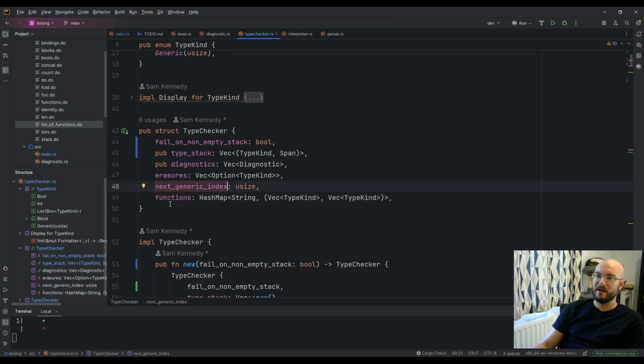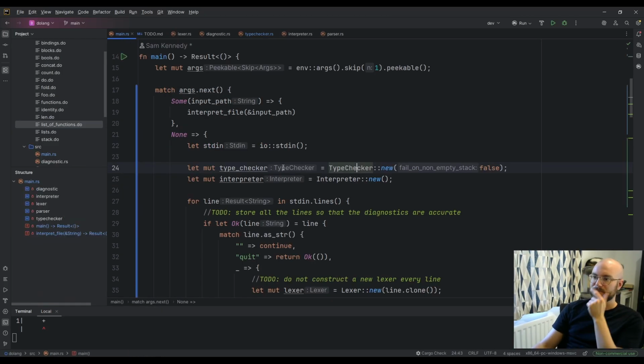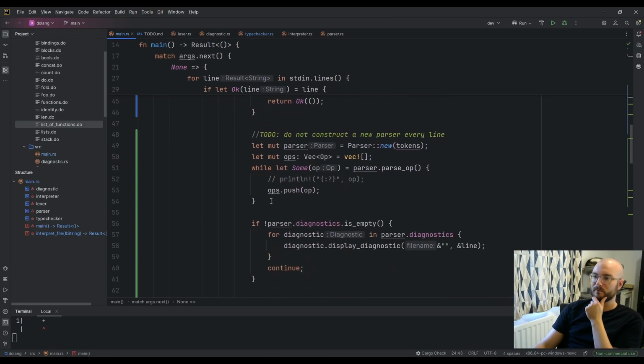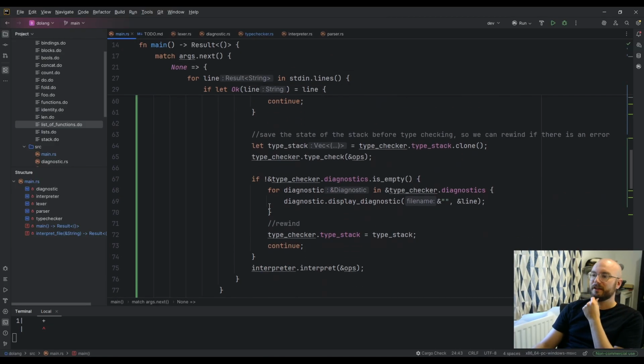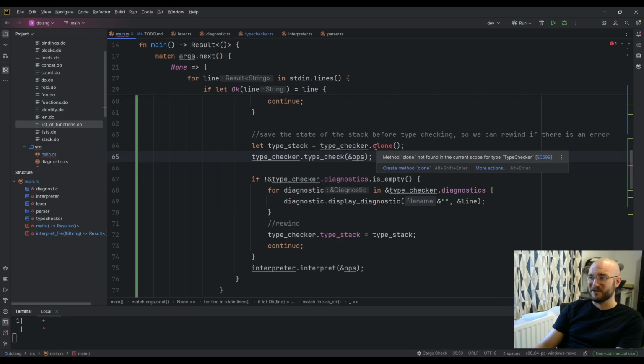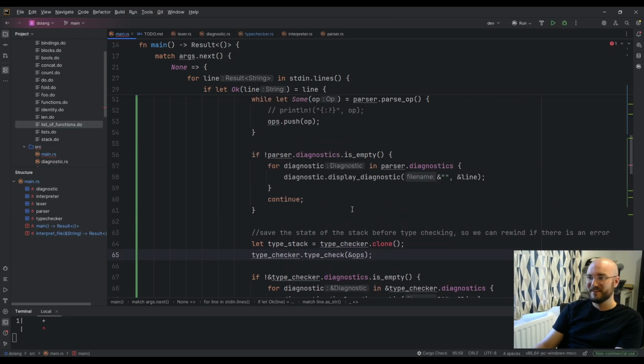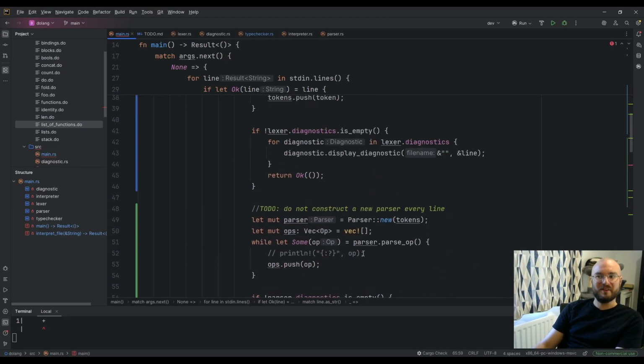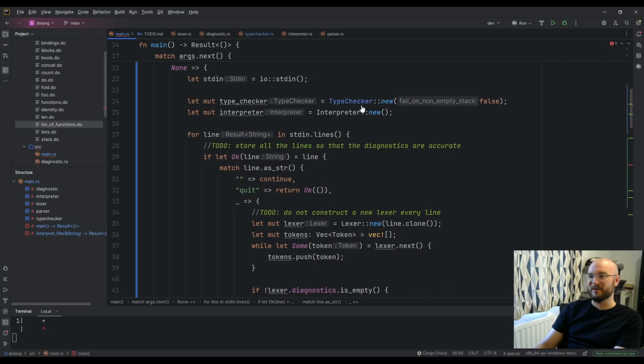It's probably not why it failed, but that would also break. So we might have to just copy the whole type checker, which doesn't implement clone. And it might not like me implementing clone, but we can give it a go.